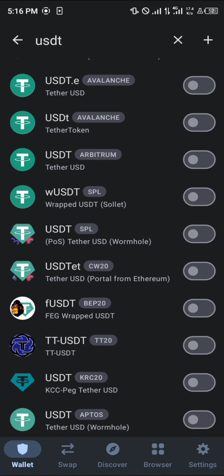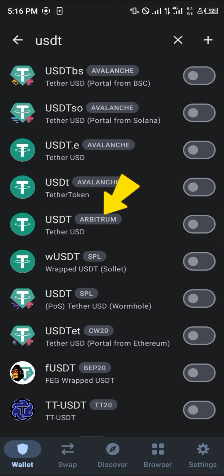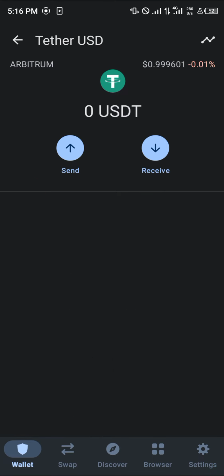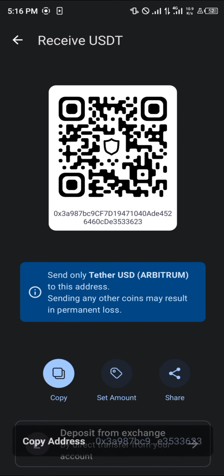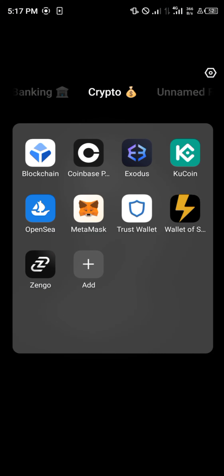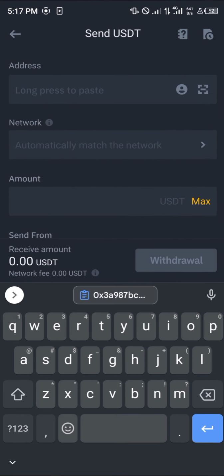so many other networks. So now all you need to do is take note of the important ones or the important networks and get their token addresses. As you can see, Arbitrum is here, which is the Arbitrum 1. You could simply activate this, enabling this USDT, which is this USDT here, and simply click on the receive option and copy this address. Simply minimize your Trust Wallet, open up the Binance app, paste the address we just copied,